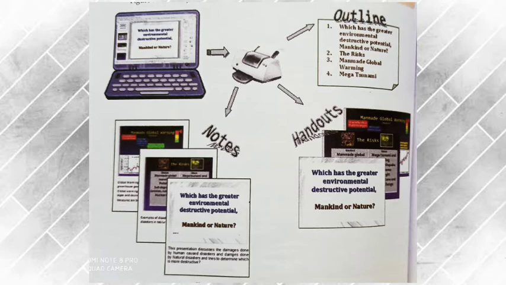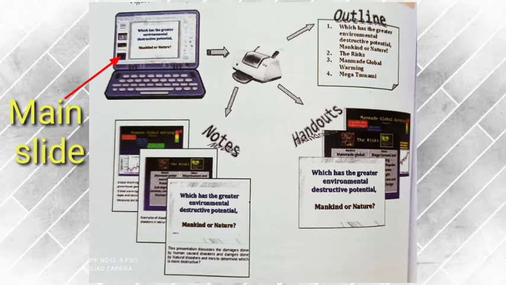You can see in the figure here that on a laptop a presentation slide is created, and after that you can see the notes added at the bottom of the slide. You can also see the handouts mentioned here and the outline view of that particular slide. This example is also mentioned in your book. You can just analyze from the figure how all these three are different in nature along with the slide.